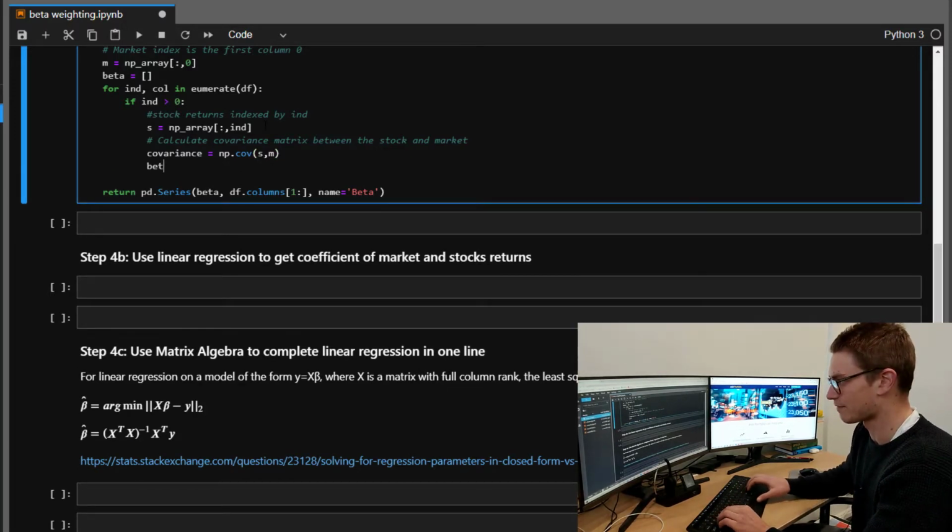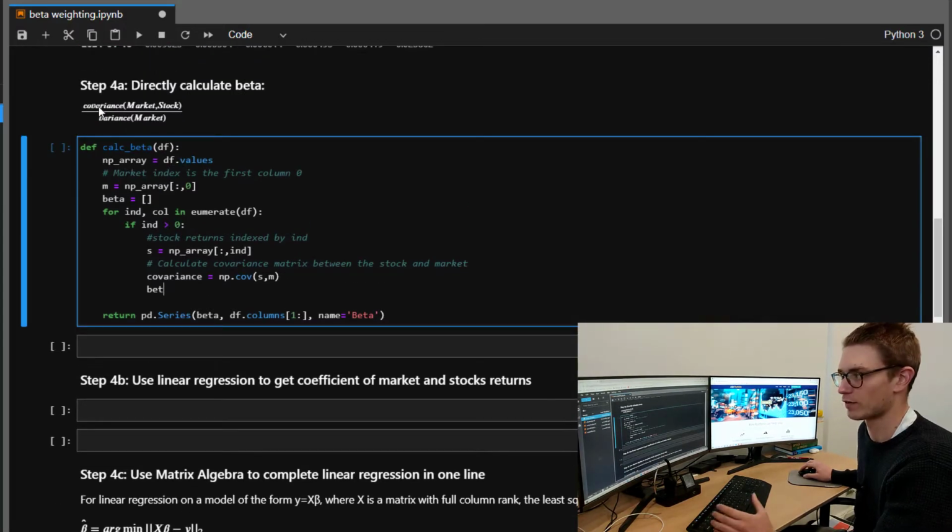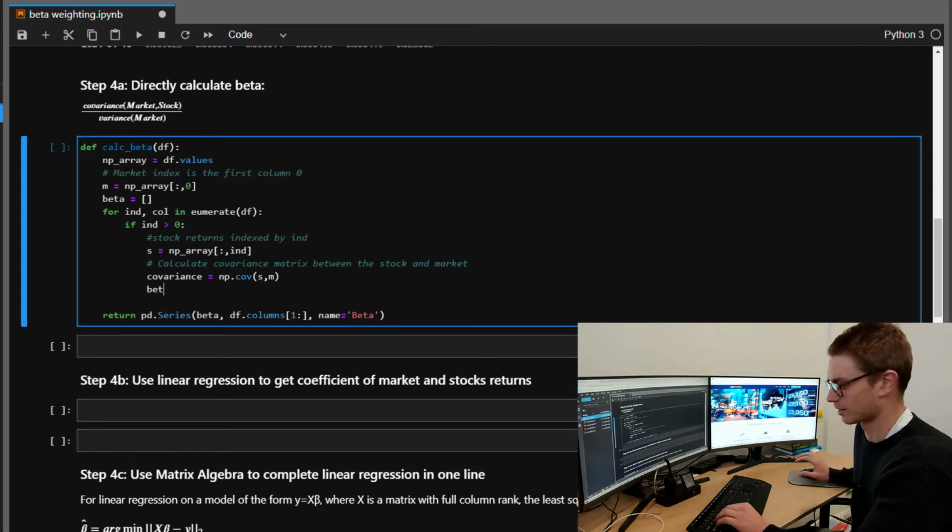Now that we have that information, we can use the covariance matrix. We know that on the diagonal we can actually get the variance, and we know that the formula for this is just the covariance of the market and the stock divided by the variance of the market. So let's append the betas that we're about to calculate